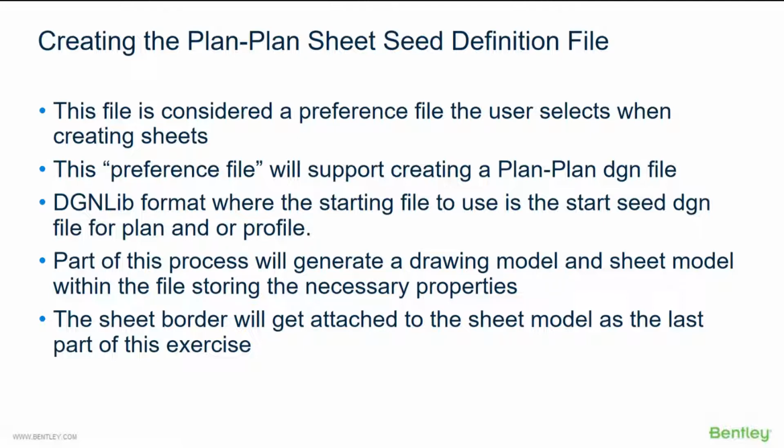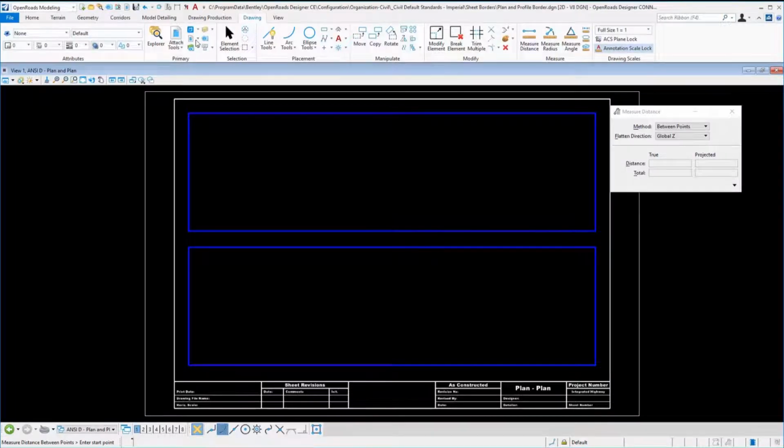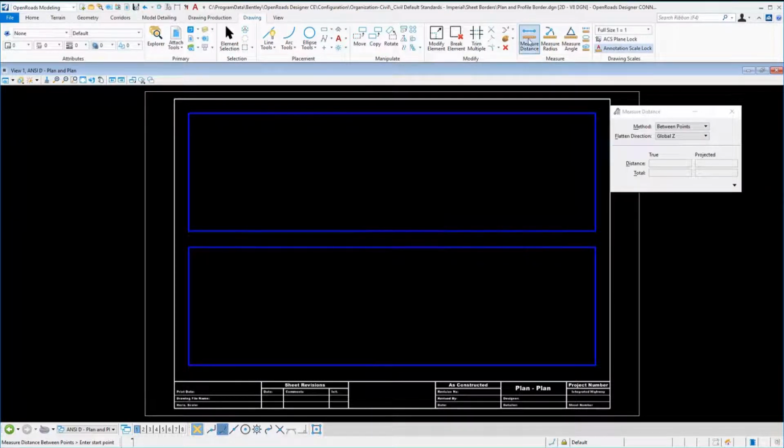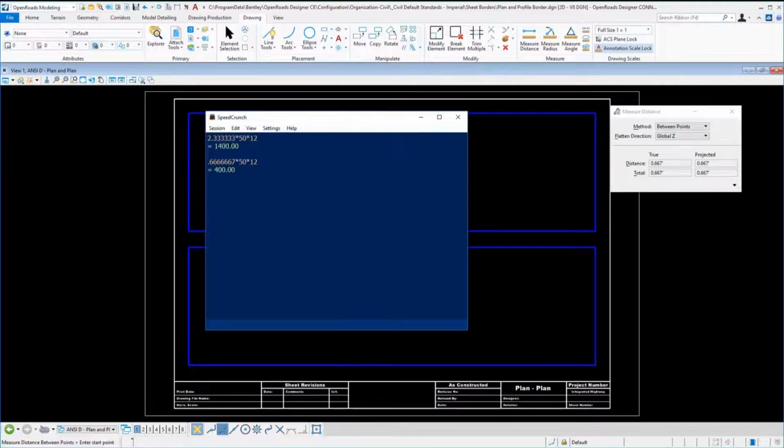So let's take a look. To create our plan, again, we need to take a look at our plan port dimensions. And so we're still going to have the 1400 feet, which is essentially our 2.333 times 50 scale times 12 for imperial. And then this time we're going to be at a height of 0.667, which equates down, if we take a look at our calculations, to a total height of 400,